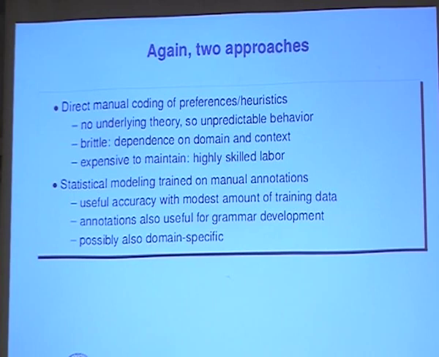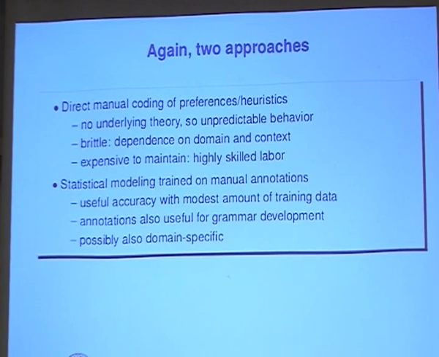It was clearly brittle. There wasn't much of an underlying theory. We weren't ontology people or AI specialists. And it was almost impossible to maintain. The labor required, the skill was relatively high. The alternative approach didn't seem plausible in 1999 when we first started that game, but now seems the only possible